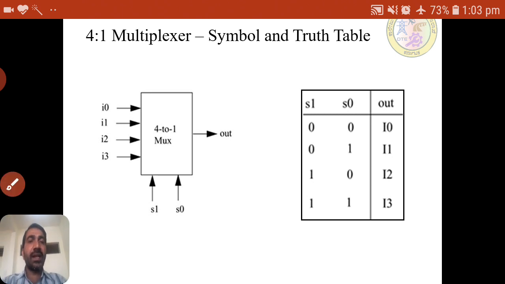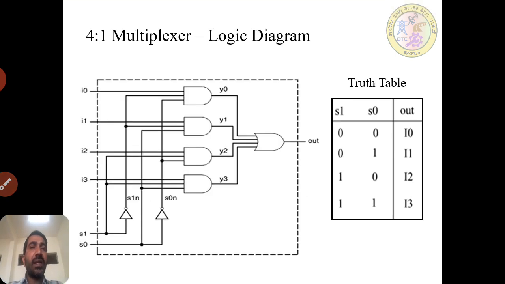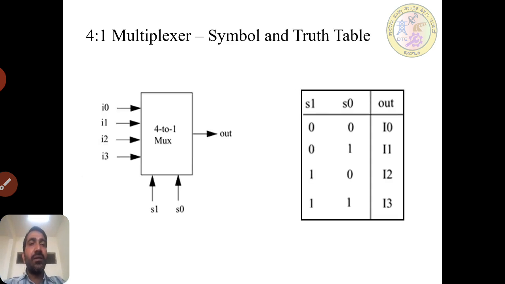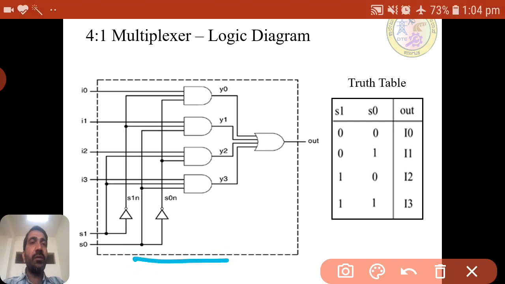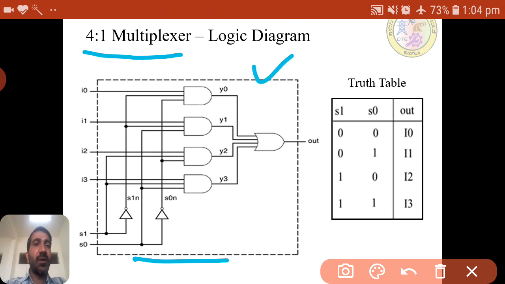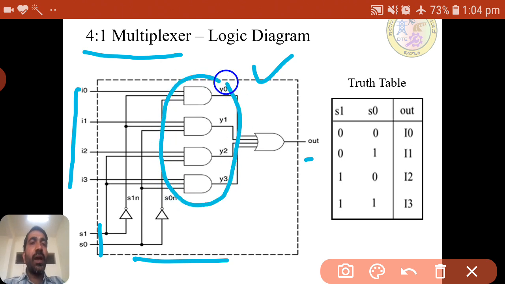Now, how do we describe this in Verilog HDL using gate level modeling? As I said, in gate level modeling we should have the input in terms of a logic circuit. Whatever design we want to write the Verilog code for should be in the form of gates, that is, a logic circuit. For the multiplexer we have 2 select lines, 4 inputs and 1 output, and the logic circuit has 4 AND gates, 1 OR gate and 2 NOT gates.